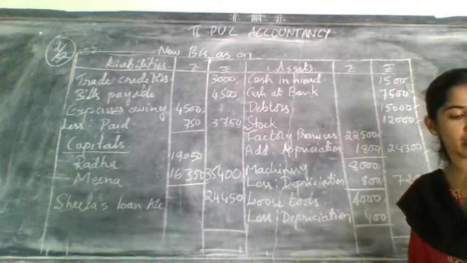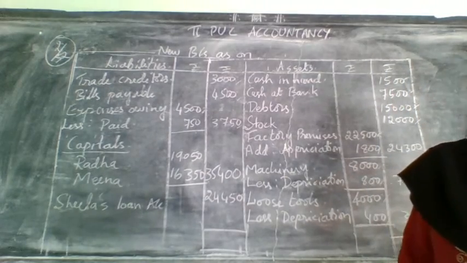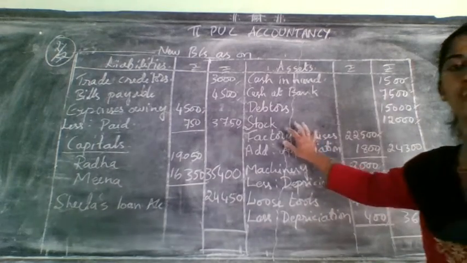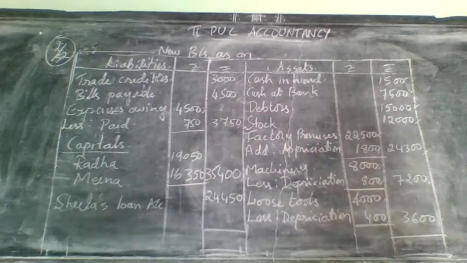So next class we will move on to the next type of treatment of goodwill. So complete this in your notes, and that problem you need to write in the homework. When you are writing that problem in the homework, whether it is right or wrong, you need to try first, then let us see later. If you have done it wrong, I will correct it and send it back to you.